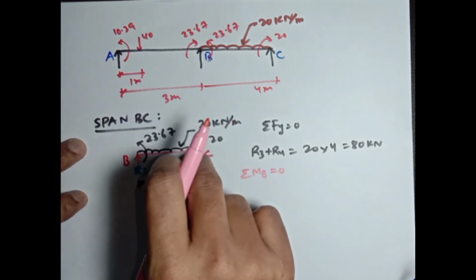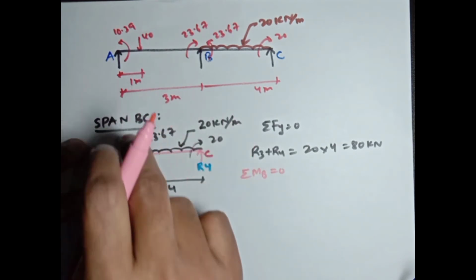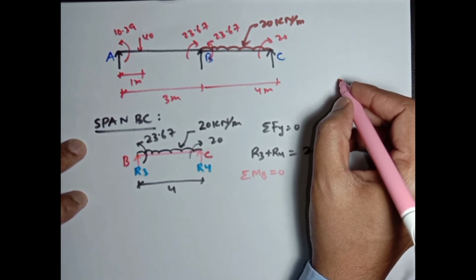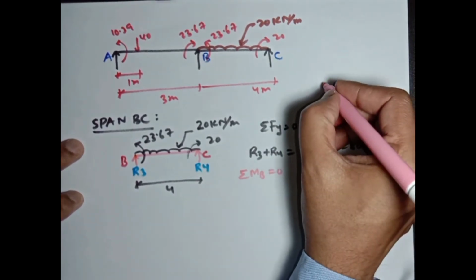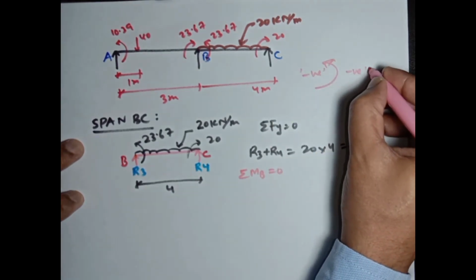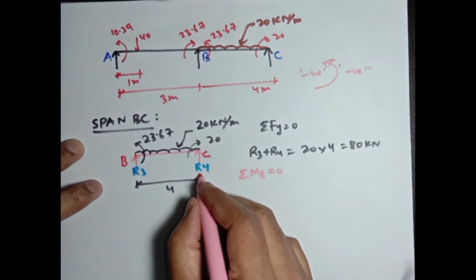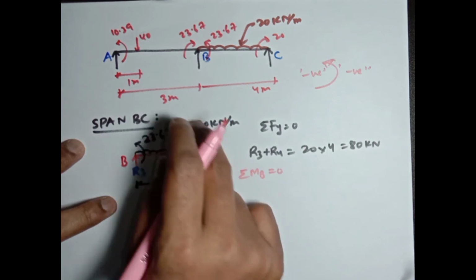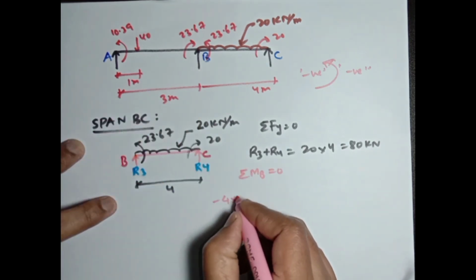Taking the sign convention same as we are solving throughout this example, anti-clockwise moment is taken negative. So R4 multiplying with this length 4 will give the anti-clockwise moment of minus 4 into R4,